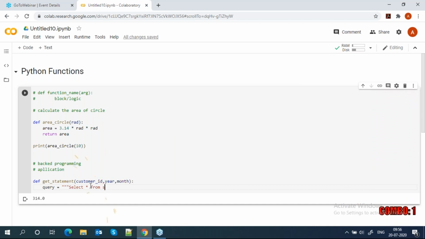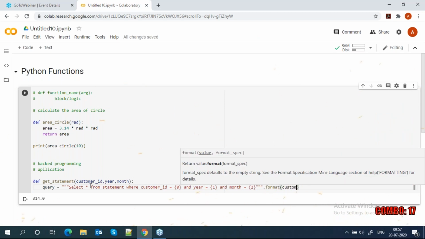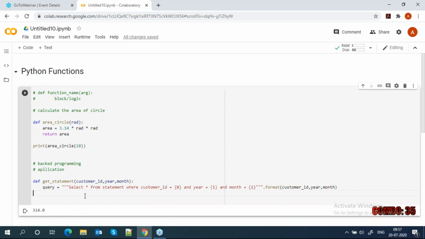One statement table is there in the database. Then you write your execute query.